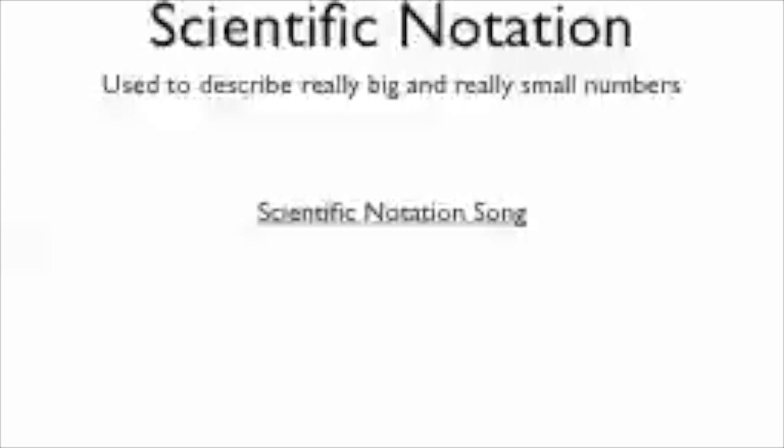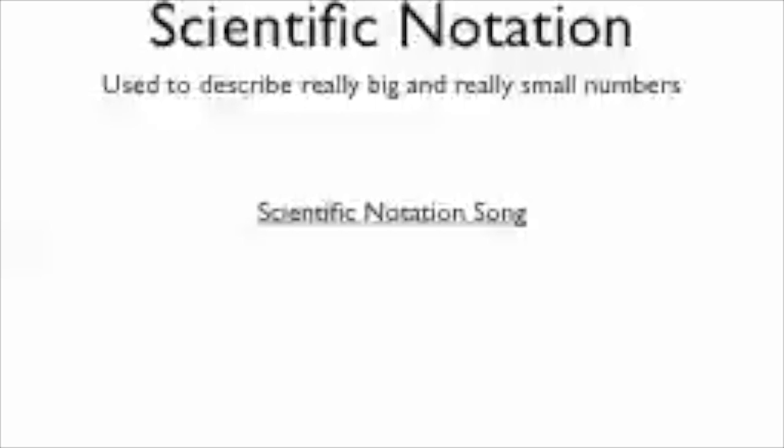Now, scientific notation is a way of writing really big and really small numbers. And later on this year in math class, you're going to learn how to add and subtract and multiply and divide numbers in scientific notation. Here in science class, we're not going to worry about that. We are going to worry about understanding the difference between a number in scientific notation and what that number is